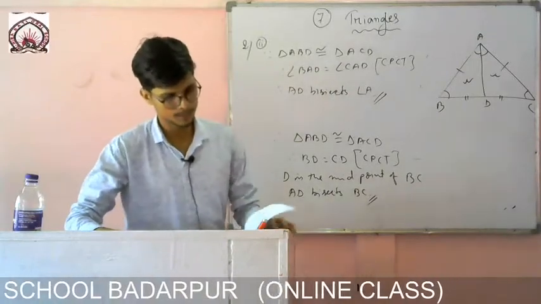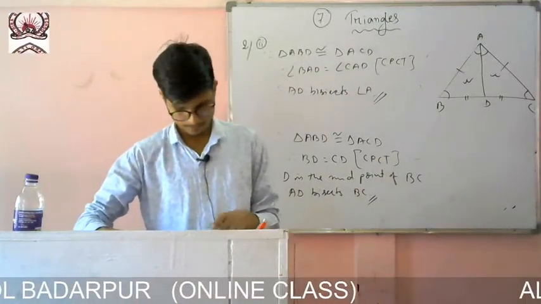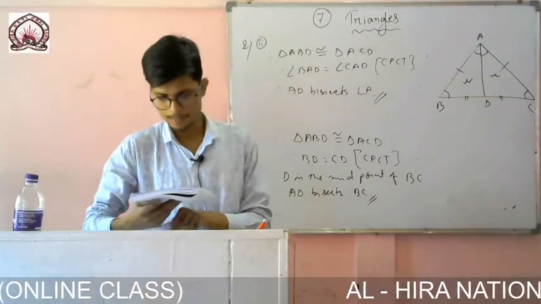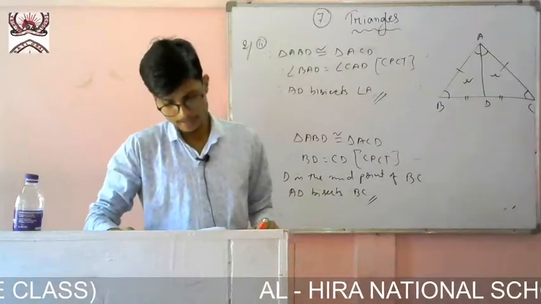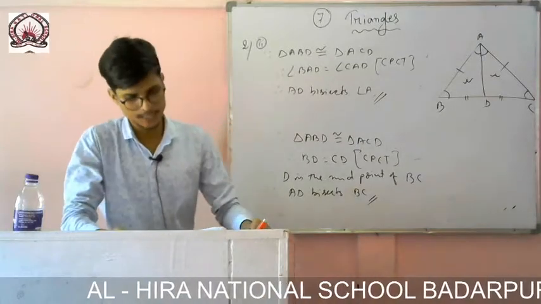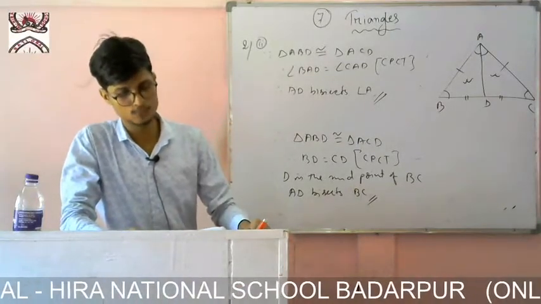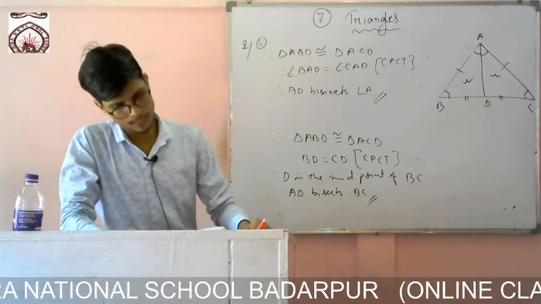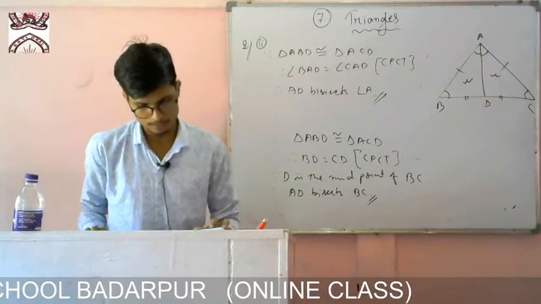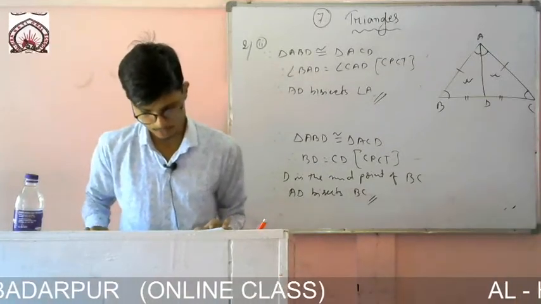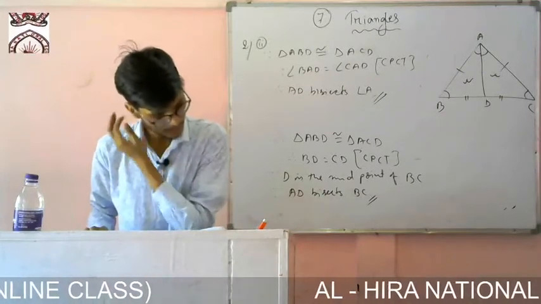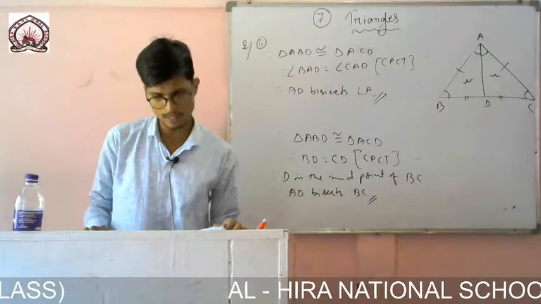Okay. So now let us move to question number 3. Two sides AB and BC, and median AM of triangle ABC are respectively equal to the sides PQ and QR, and median PN of triangle PQR. Show that these two triangles are congruent. So now two different triangles are given. First you have to prove that triangle ABM is congruent to triangle PQN, and later on you have to prove that triangle ABC is congruent to triangle PQR.